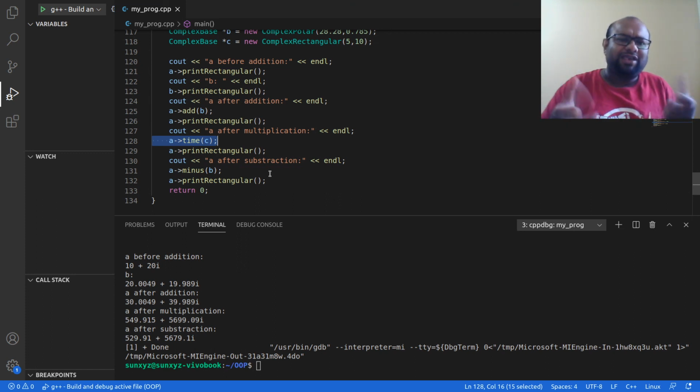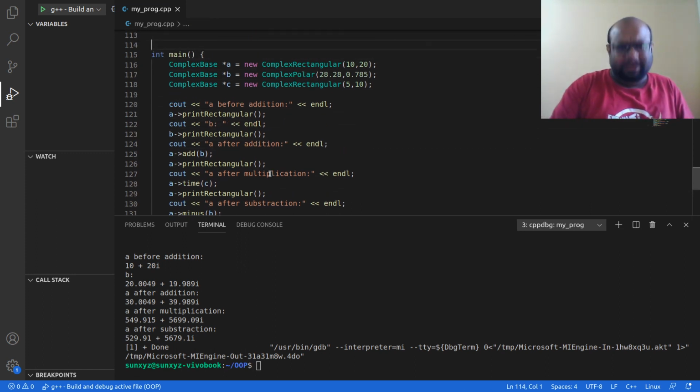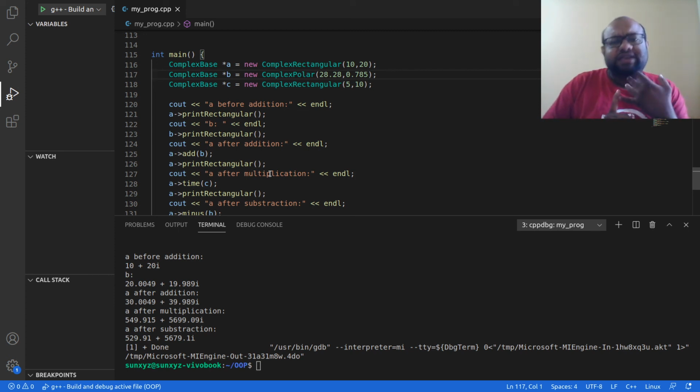So I use a new data type, this complex number. There is no data type that allows me to handle complex number. There are data types that allow me to handle single precision floating point, float. There is one that allows me to handle double precision floating point. What is it?